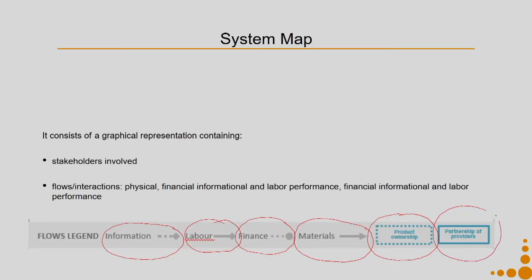And partnership of providers. In our model, we will have two types of stakeholders: stakeholders who are providers and stakeholders who are consumers. So, this last box tries to tell you who all are the providers because of the partnership. In this case, Fresh, the agency which provides service, say the technology agency which gave license for the technology, the component producers and so on, they together form the partnership of providers.